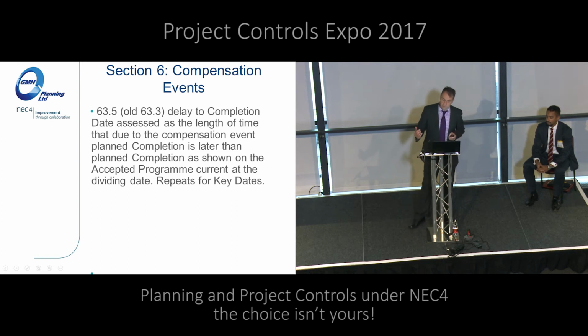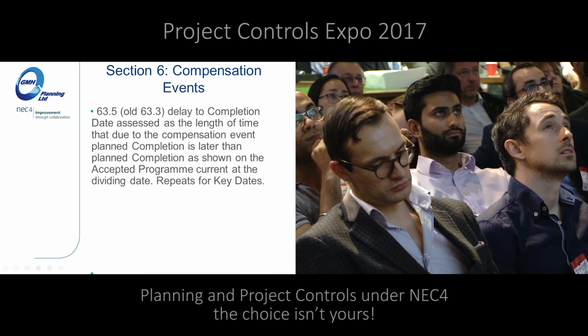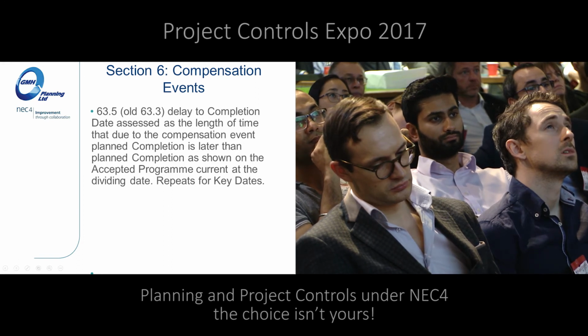63.5 used to be 63.3, and this is the one that says a delay to completion date is assessed as the length of time that due to the compensation event, plan completion is later than plan completion as shown on the accepted programme, and now it says current at the dividing date. So it's now adding clarity as to which programme you actually use,